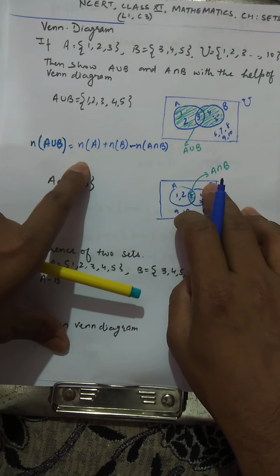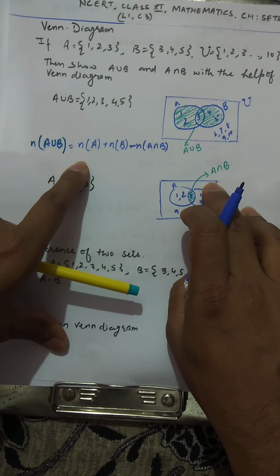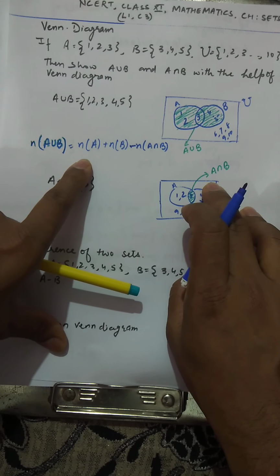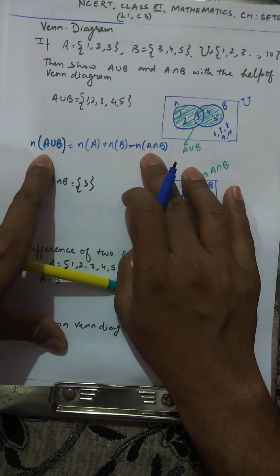So this is a very, very important formula and is going to help us in doing exercise 1.6. The complete exercise depends on this formula, and I have shown you how this formula is true. So there is no need to mug it up. You just understand why this formula comes. I am just explaining it to you again.